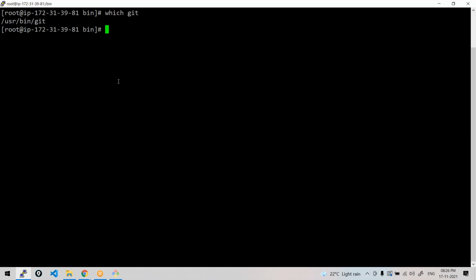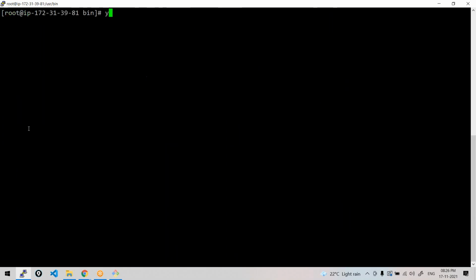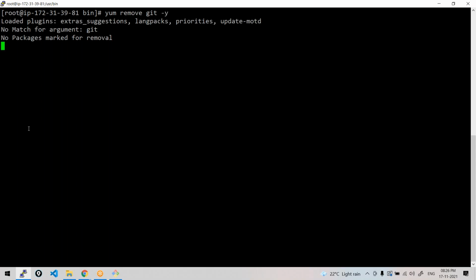Which git? /usr/bin. You are seeing git here. All the dependencies may not be deleted this way. Yum remove git. You should give the complete package name. -y.